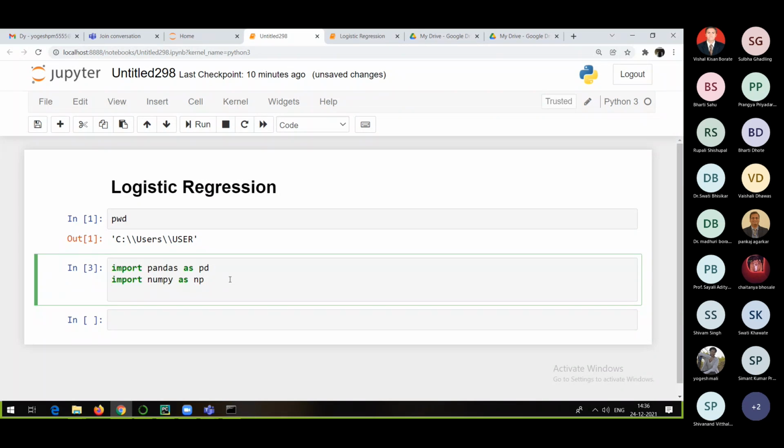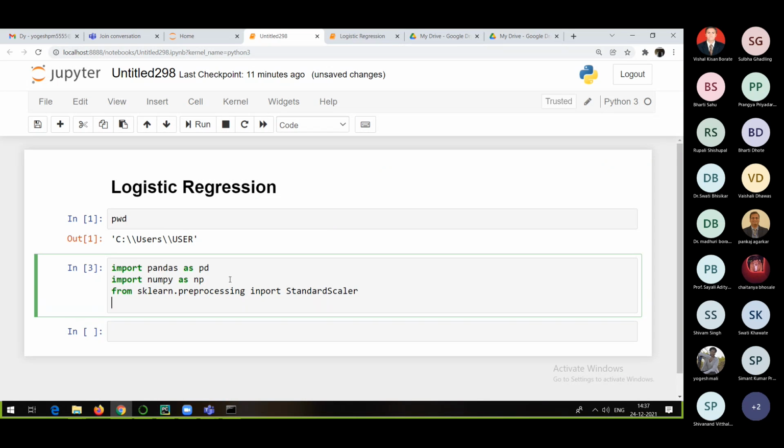After that, standard scaling will be needed. So what I will do is press the tab button here. If you press the tab button, it should show you some methods. So see, from sklearn preprocessing, I want to import this one, StandardScaler. If I press tab, it should autocomplete. Let me check. So StandardScaler, for what? For standardization of the data. Yes, it has autocompleted.